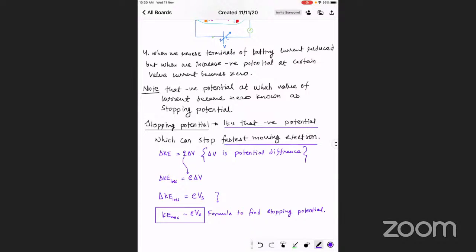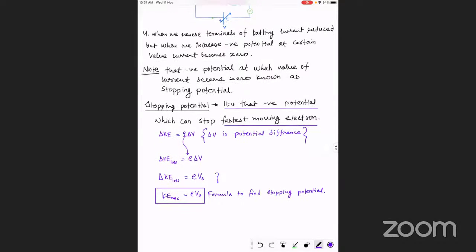Okay, any observation you want to add from the chemistry side, chemistry theory? You have done this before in chemistry, am I right? So anything else you would like to add in this experiment? Any observation you would like to add in this experiment? No?